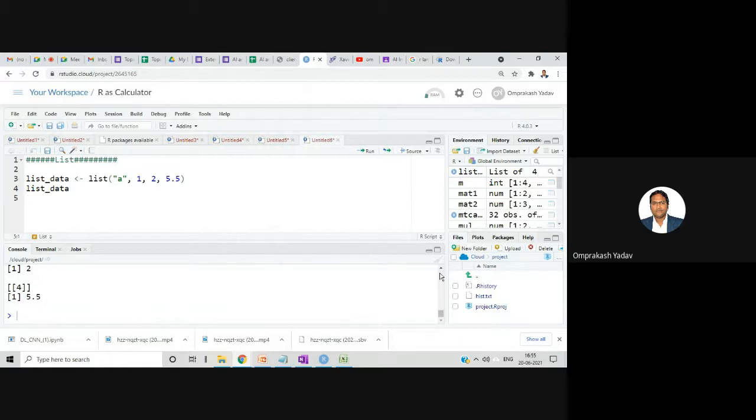You see here, all the elements are displaying, right? So it's a combination of character data as well as numeric data, which was not possible earlier in the vector, right? Even in the matrices, but here we can combine. Let's combine a few more. We can write list of data, list of